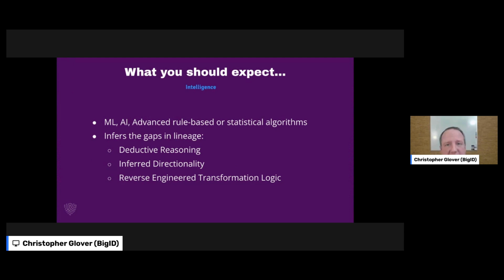You can infer directionality. So if you were looking at that same set of data from two tables and you were able to see that, hey, over here, I've got a bunch of messy addresses, and over here, I've got a bunch of cleaned up addresses. Well, you could really infer that there's some kind of cleansing process happening in between these two tables, and that perhaps the direction is messy to cleaned up address, and that there's some process in here. Even though you may not have the tool in lineage to actually detect that process that's in between, you can start to infer it, and lineage tools are starting to infer those gaps.